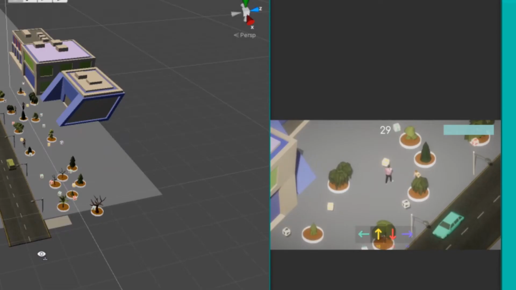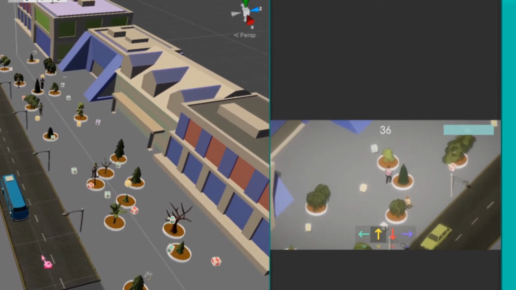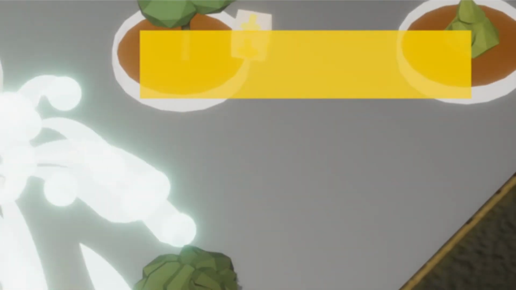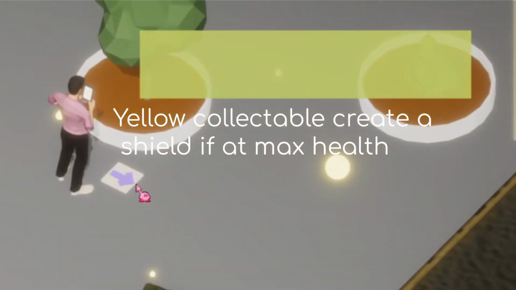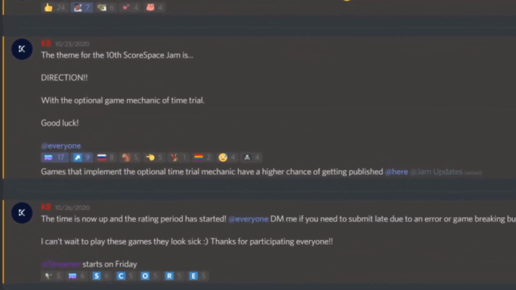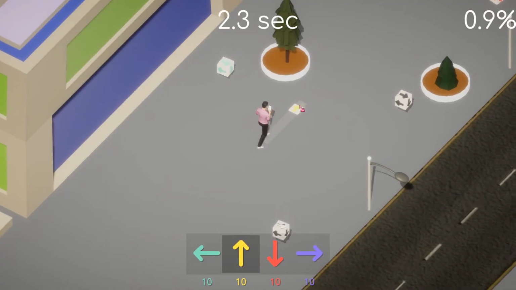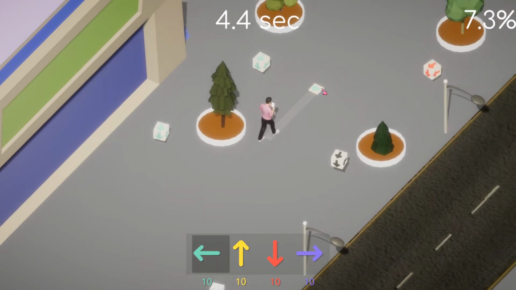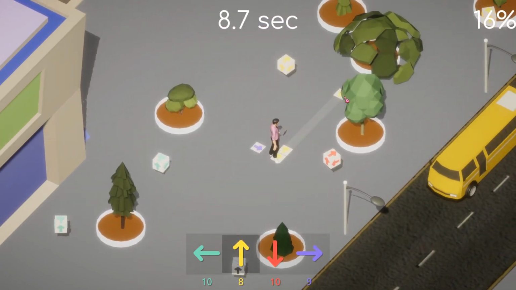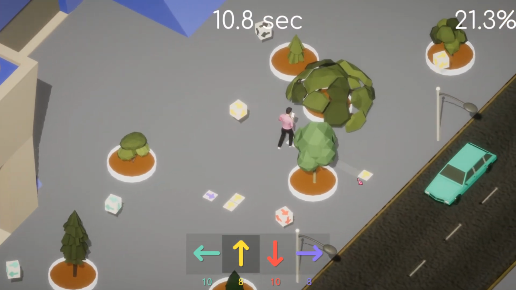Day 3. Today was basically my last day. The project is technically due tomorrow at noon, but I have school tomorrow. I also worked on spawning random buildings, a menu screen, death screen, health collectibles, a health bar, you can take 3 hits before dying. Also, because the jam gives a higher chance of winning if you have a time trial mechanic, I added a time trial mode, which is basically how fast you can get through 120 meters. In this mode, you have no health, and crashing just slows you down.